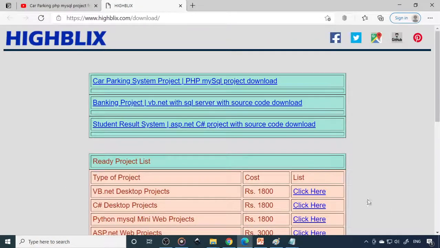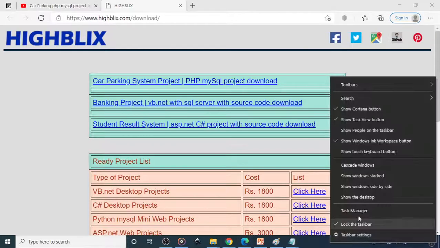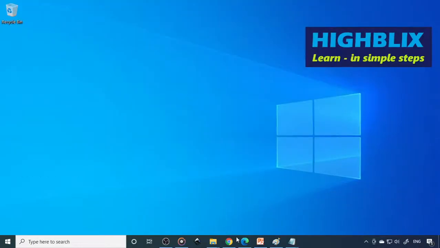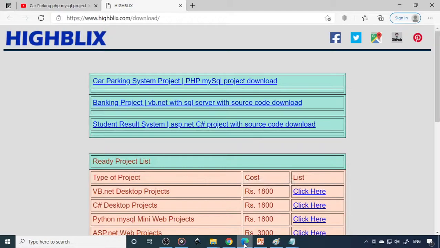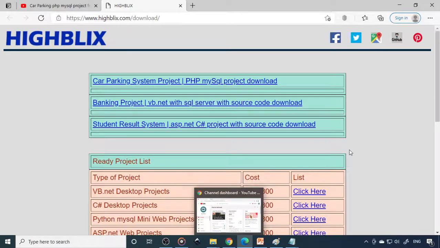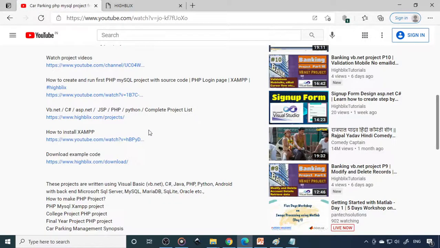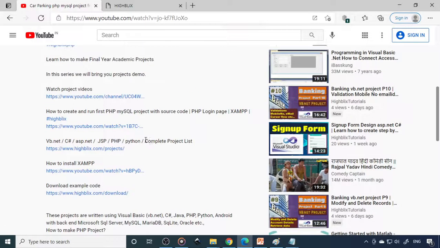Now let's see how to work with that. In order to work with that, first you need to start the XAMPP server. If you don't know how to start the XAMPP server, there is a separate video for that. Please watch that video. In that video we already explained how to work with the XAMPP server and how to install XAMPP. Here is the link. Please use this link and watch this video so you can install XAMPP. Also, a complete explanation of how to run a PHP project is available in this video. You can watch it so you'll get a complete idea of how to run a PHP project.